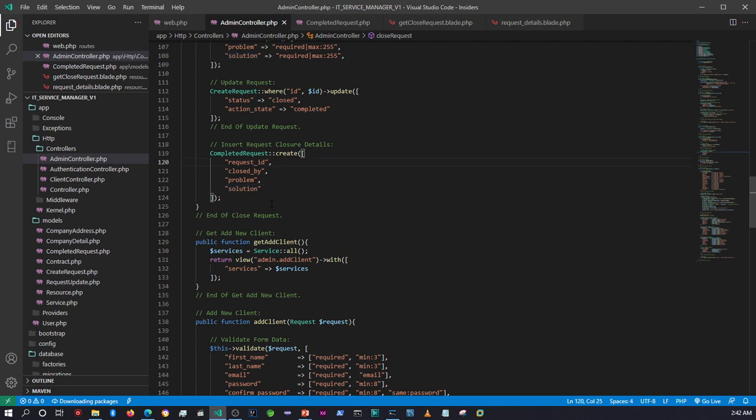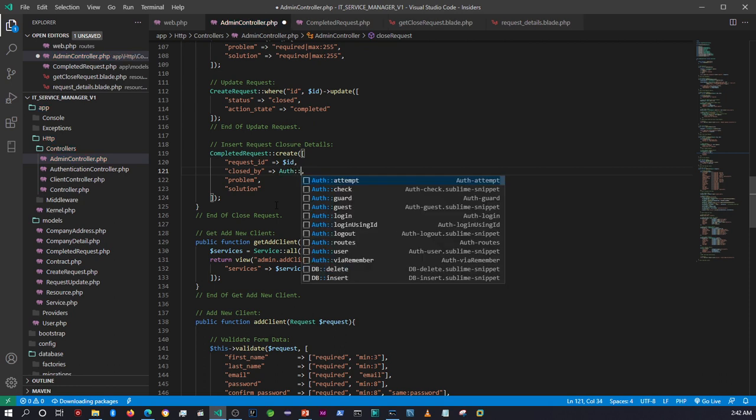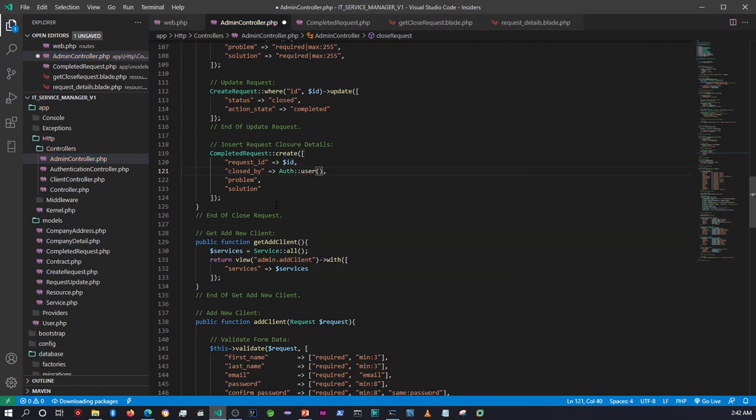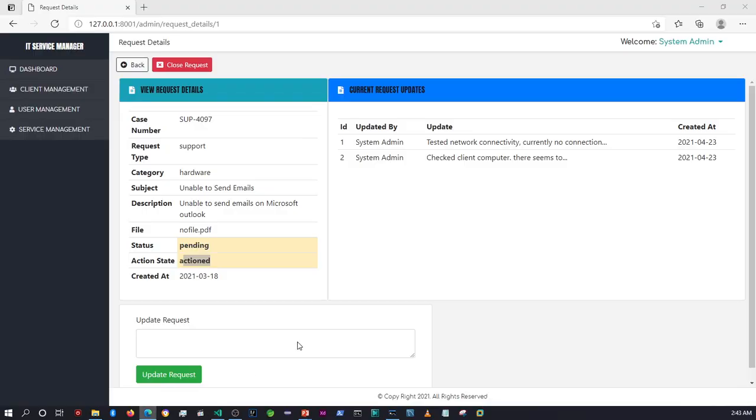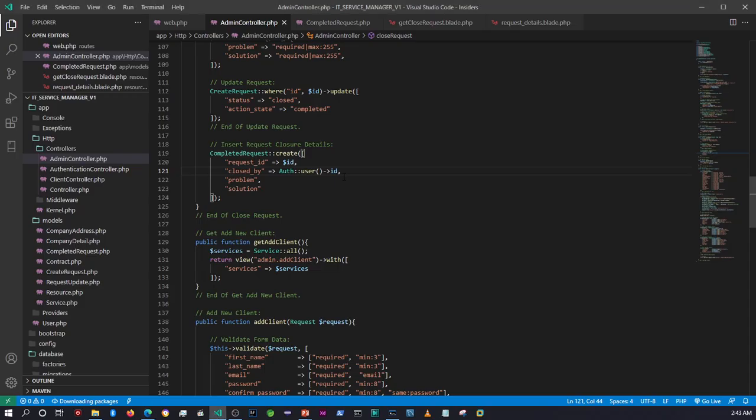All right, so now we can proceed to close off the case. So request ID, obviously that is going to be what we're getting from the parameter. The closed by, the simplest thing we can do is say auth user and then ID. So remember, we're getting the authenticated user, the current logged in user, which is currently system admin. And then the problem will be